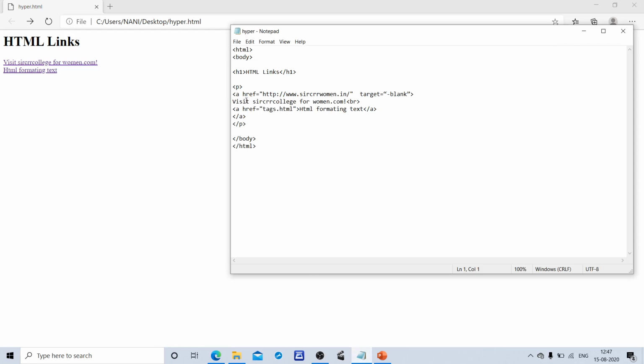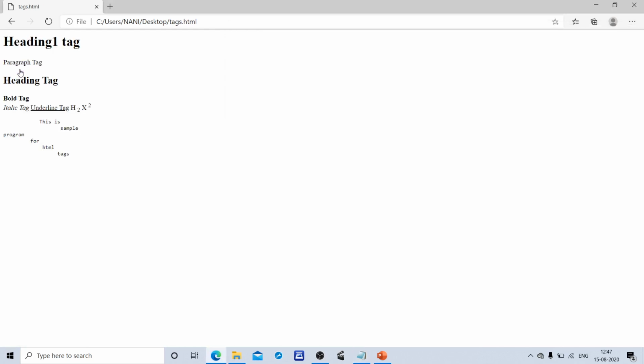If I click on visit search URL domain, here I specified target equals to blank. Whereas in the second anchor tag, I didn't specify the target attribute. If no target is specified, by default it is self. Self means it opens where it is clicked. Here I am clicking the HTML format text, then it opens here itself in the same window or same tab.